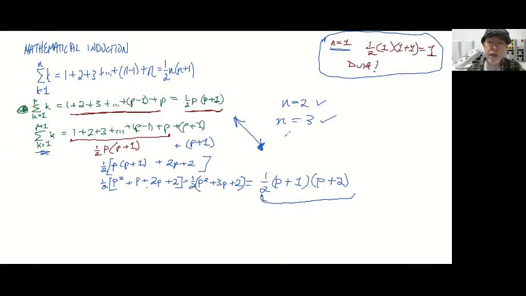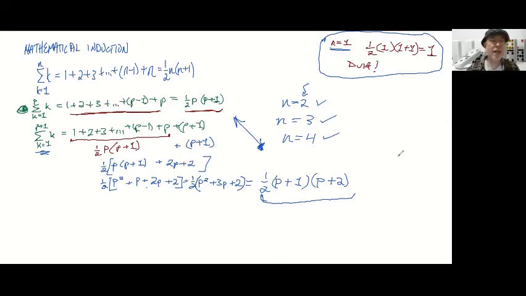And since it works for n equals 3, I think you get the pattern. So we've shown that this property is true for n equals 1. And so by induction, like an electric current, it goes all the way through the number line. All of the positive integers catch this property. So now we've demonstrated it for any number